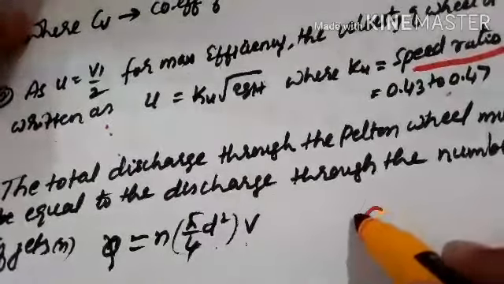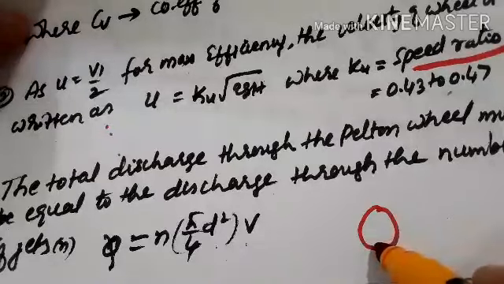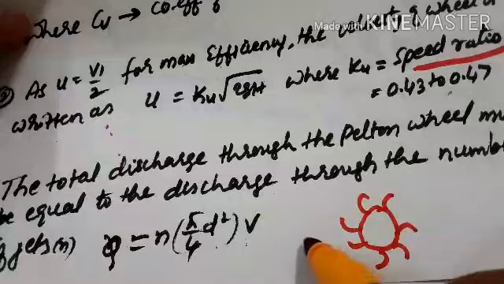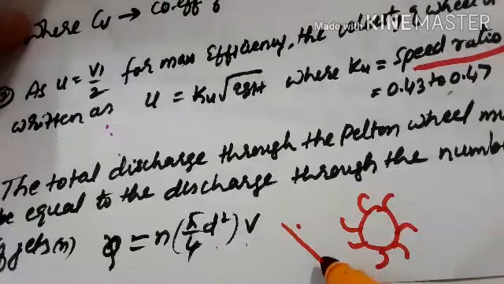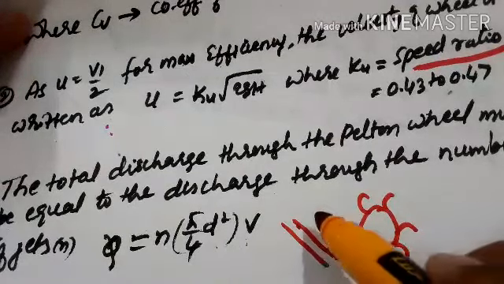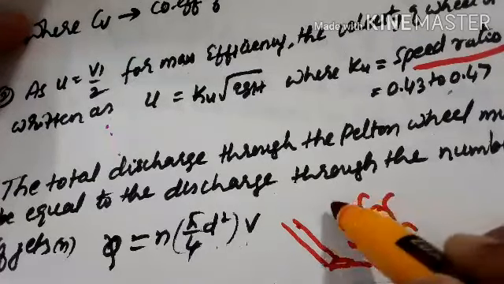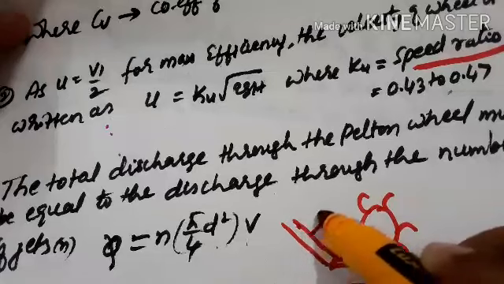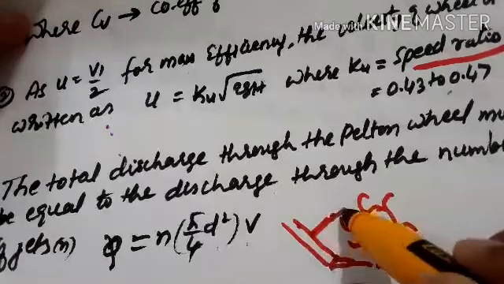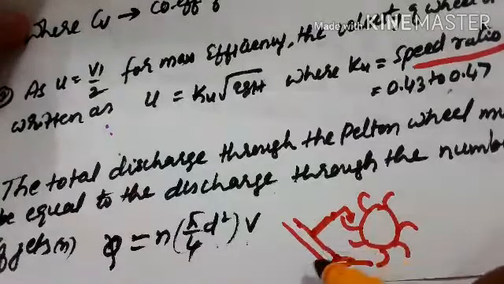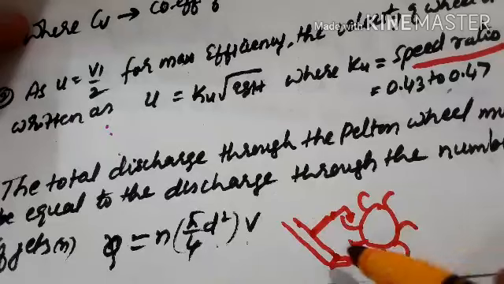That means if this is the Pelton wheel and these are the buckets provided, and this is a main pipe, if the jets are provided here, this is one jet, and through the same pipe another jet is striking like this. If multiple jets are provided to generate the power, then the total discharge is equal to the discharge through the number of jets provided. Okay,